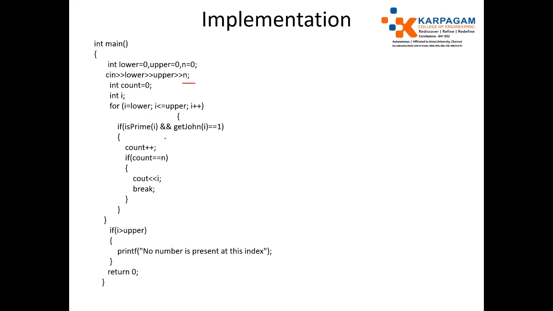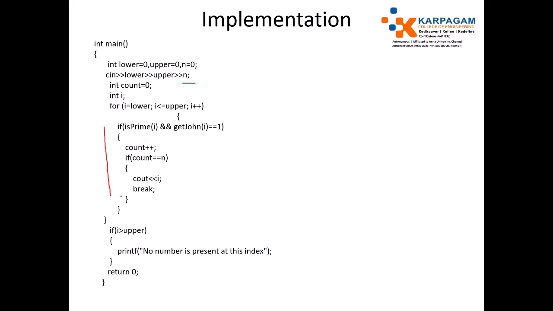Inside the for loop, you have to check whether the number is prime as well as a number of game. Okay. If it is both, then just increment the counter by 1. If the counter reaches the given n value, just print i and come out of the loop. So if this condition never works, that means that the numbers you extracted from the lower to upper range are not prime and also not numbers of game